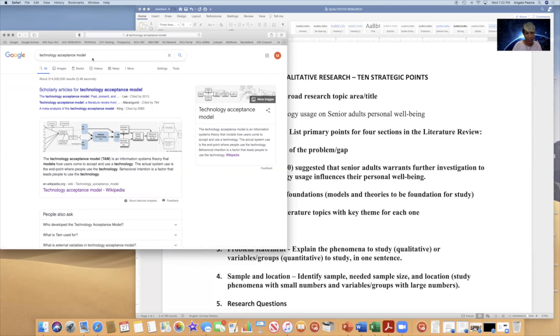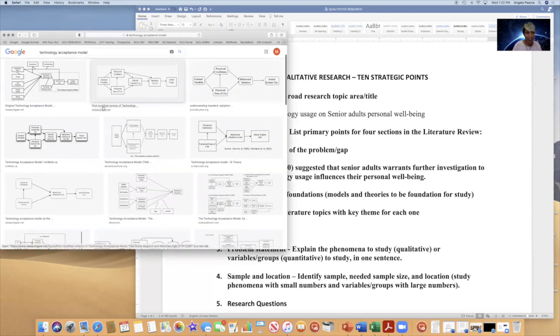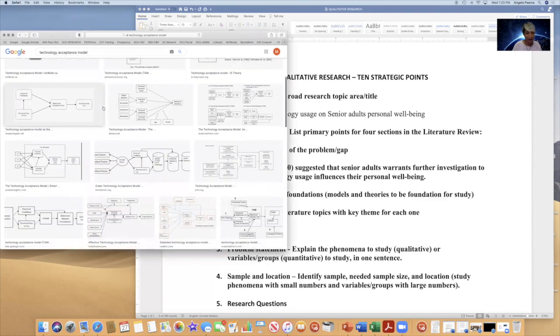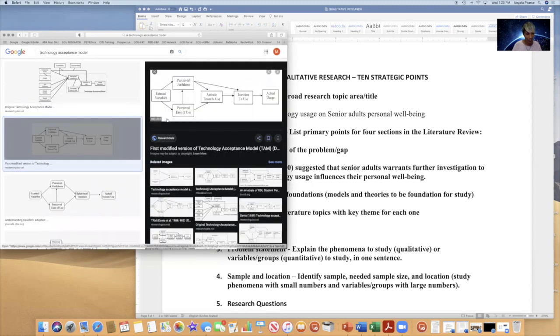So what you'll do is you'll type in your keywords, and then you'll click on images. Under images is going to bring up various themes or theoretical frameworks that are associated with the term that you use. And you can scan through here and look at the various options, and choose whatever fits your needs or whatever interests you. So for this one, if I wanted to understand how technology influences the well-being of individuals,